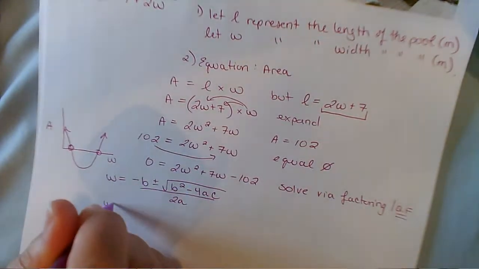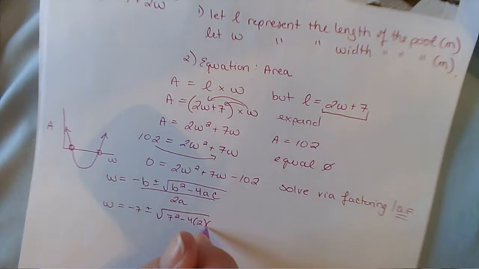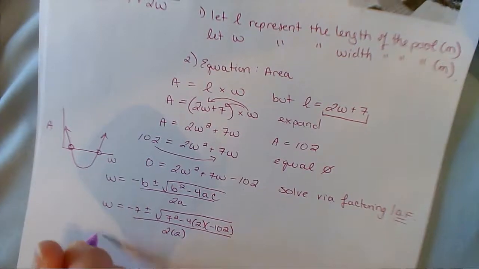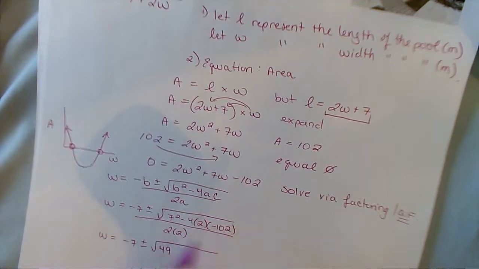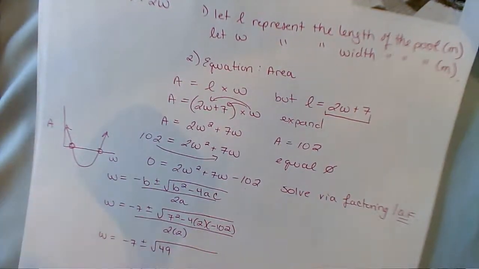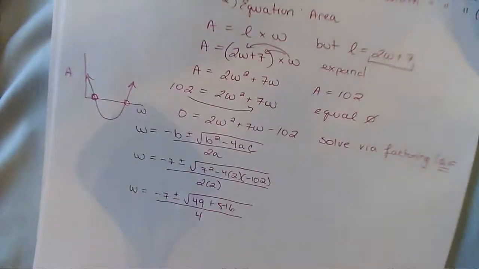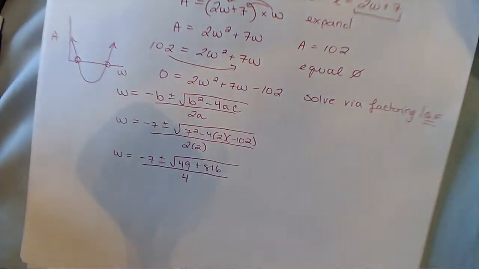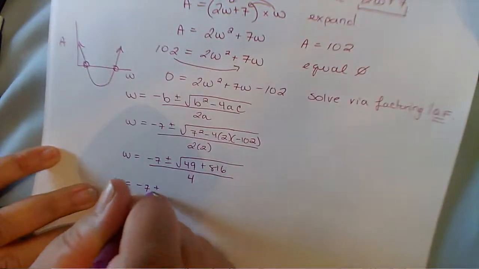So b is 7. So 7 squared minus 4 times 2 times negative 102. And again, you can write out your ABCs on the side if it helps you out. Negative 7 plus minus 49 in the front, positive 8 times 102. So positive 816 in the back there, all over 4. Notice again, it's all over. Don't just put the 4 under the back section. So 816 plus 49 is the next part. I have to figure out what those two things added together are. So negative 7 plus minus the square root of